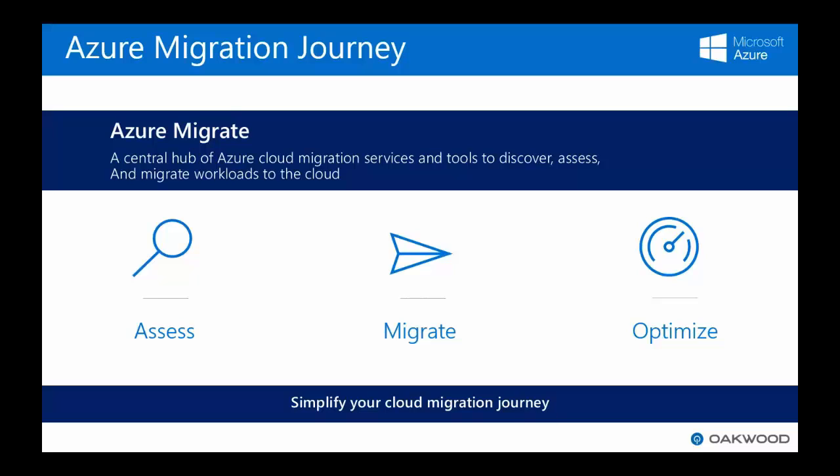The migration process is simply the migration itself, moving your apps, data, and infrastructure through a confident, proven, powerful tool set that will guide you through the process of automating it and failing over into a cloud environment when the migration actually happens. A lot of this is done through a staged migration process. Now, optimization, although it's listed last, is certainly not last in the minds of